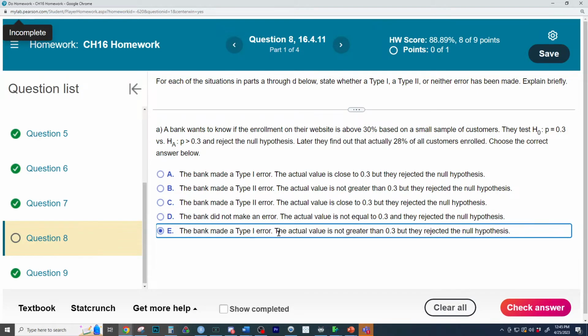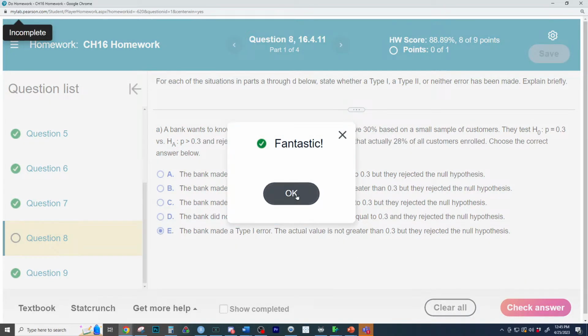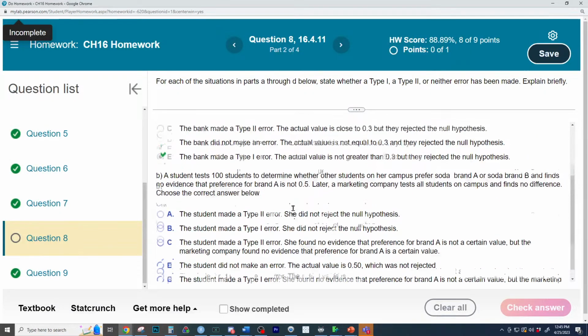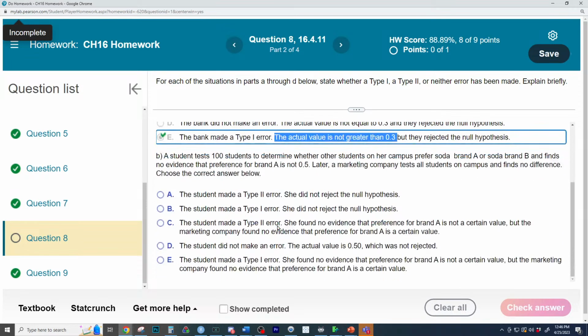Yes. The actual value is not greater than. So they found evidence for something that is not true. What they saw in their data is where I get a little, because it's not like the null is true, but they did make a type 1 error where they found evidence for something, because usually we don't know the truth. So once again, a type 1 error is when we reject the null and the null is true. The actual value is not greater than, because they said they have evidence that it's greater than. So that would be wrong right there.